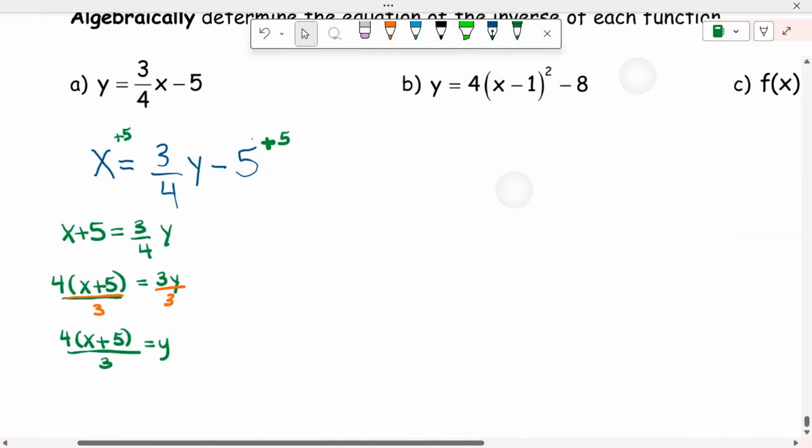So does it make sense just before I go to the next one? The original, this little guy was linear, right? Just because these graphs you should be able to kind of visualize. If I take a linear and I do the inverse, does it still make sense I have a linear? Yeah, a linear and a linear, right? You're going to get a linear. So with this one,